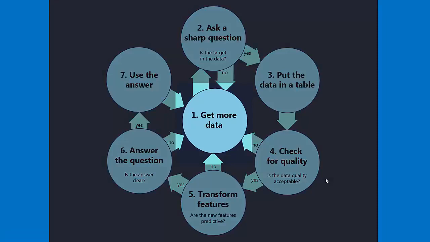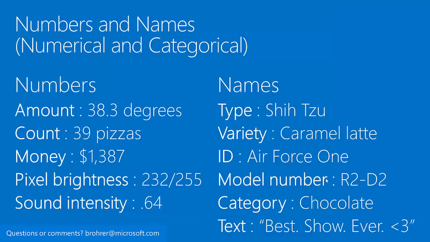The very first step is to get data. And if you have data, get more data. So when I say data, I mean numbers and names. That's data that's numerical and categorical. What I mean by that, numbers are things that are amounts or counts, something that can be measured in extent,